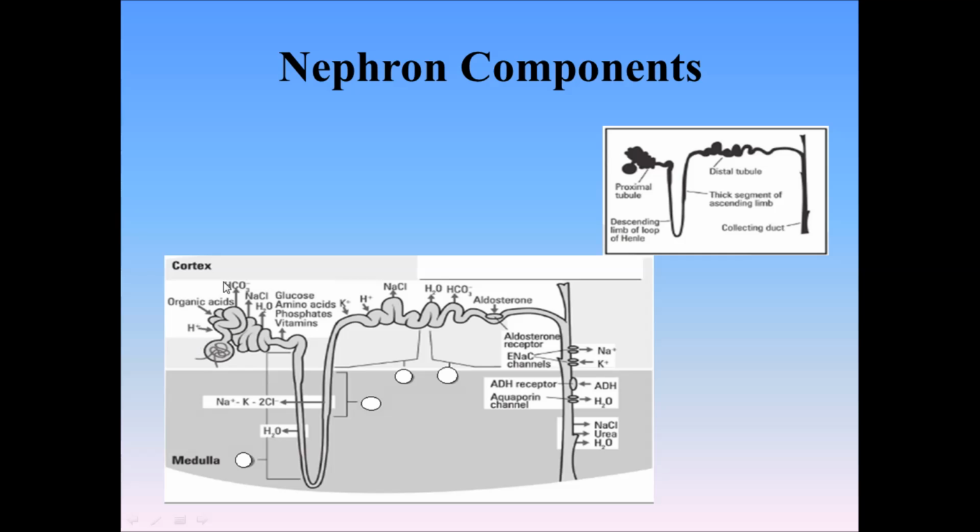In the descending segment of Henle, we expect to have a passive transport of water due to high osmolarity of interstitial fluid in the medulla of the kidney. Here is the location in which osmotic diuretics affect and cause diuresis. If we consider the thick ascending limb of the Henle,